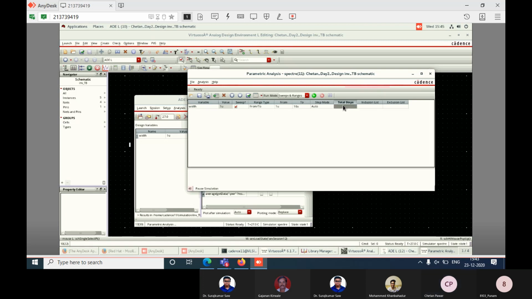Choose the variable width. Vary it from 1U to 10U, and total number of steps is 10.